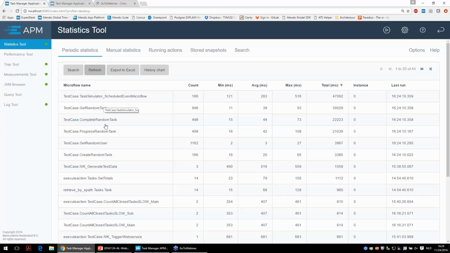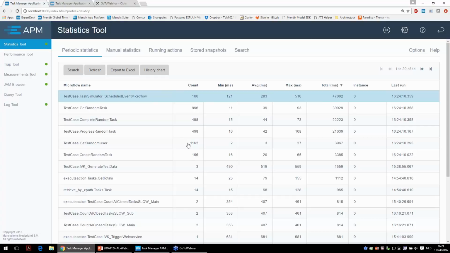So these statistics are collected. These are the daily statistics. You see in this list microflows or client side activity, like a retrieve for a data grid, and you see how many times they are executed. You see the minimum, average and maximum duration, and also very important, the total duration, because that tells you about the impact on the system. The combination of duration and count gives you an indication that this amount of time is spent by this microflow